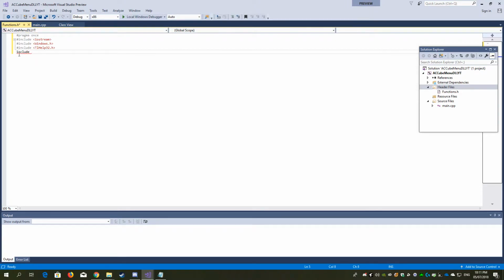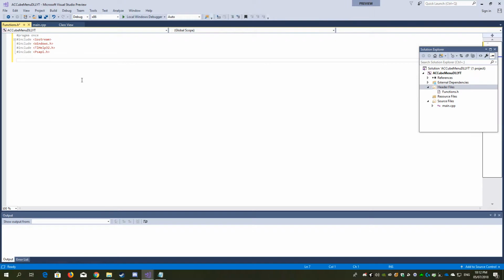Oh man, I butchered that one. Go there, fool. Right. And your PSAPI. That pretty much just grabs our module info, which is cool. Windows.h lets us do Windows sort of functions and stuff. TlHelp32, I think that's for if you want to have